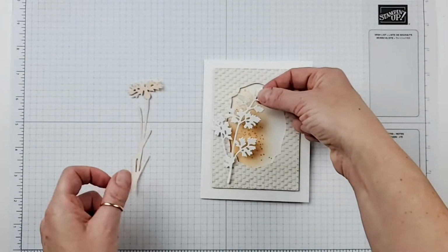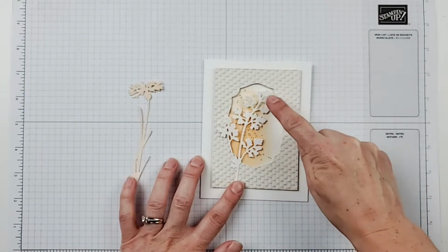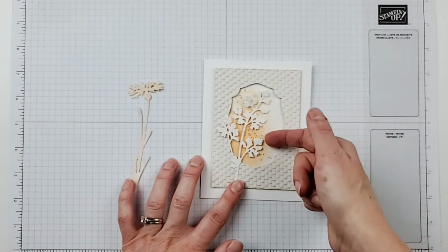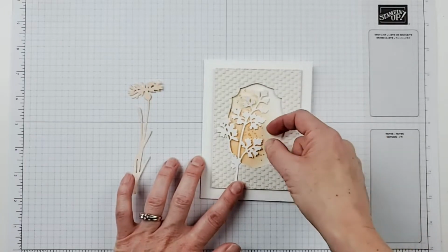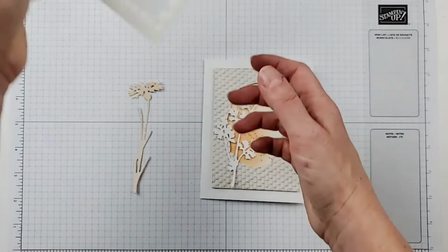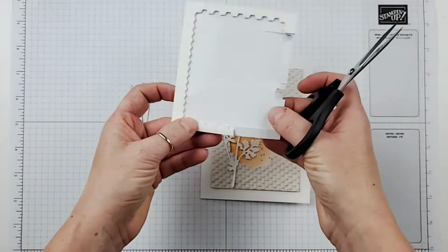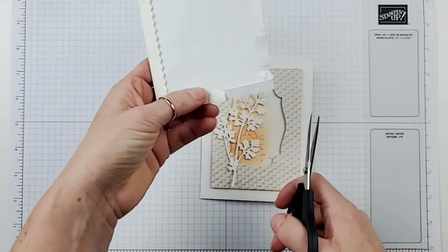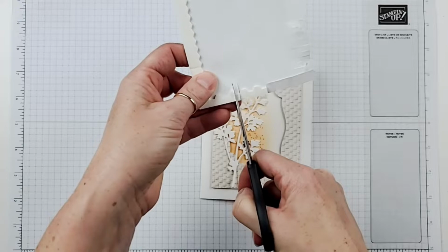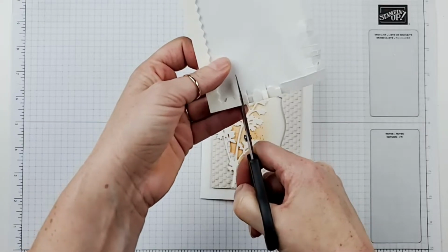I think I'm going to put the white one down first. And I might even throw in maybe a couple little dimensionals underneath just to help those stay lifted up a little bit in my window. So let's do that. I'll grab again my mini dimensionals, but I'm coming down to all the edge bits of my mini dimensionals. So I'm going to just trim off some edge bits that I can use to pop up this